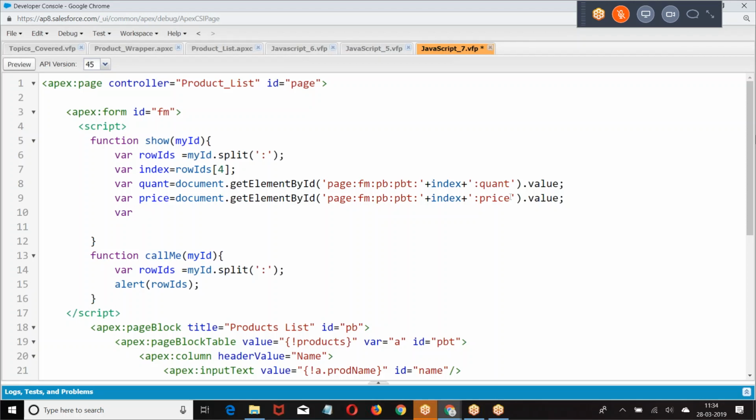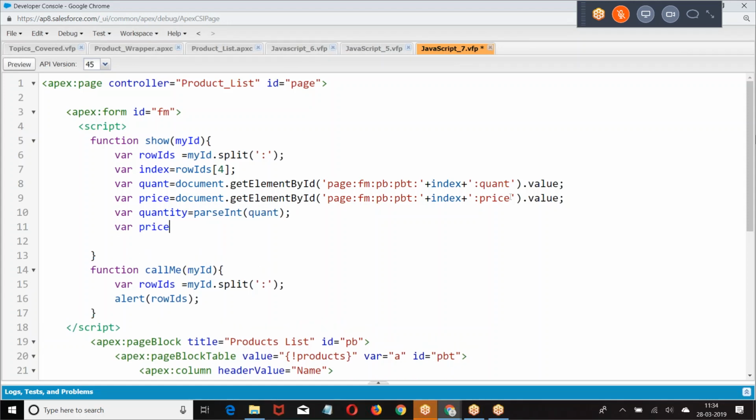Then I need to give where already equal to, amount equal to percent.